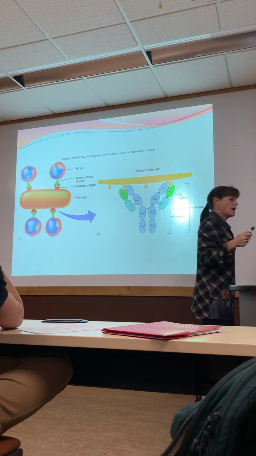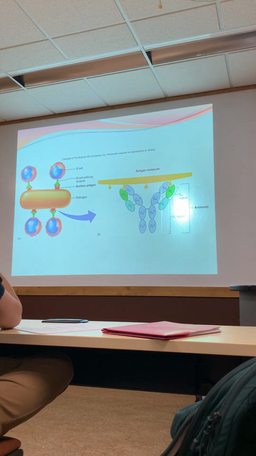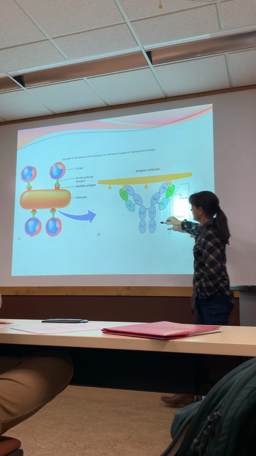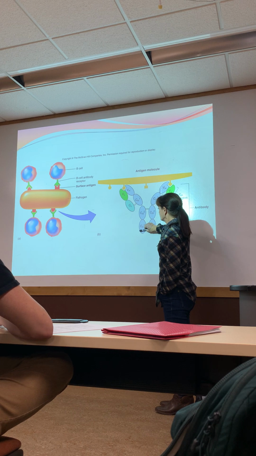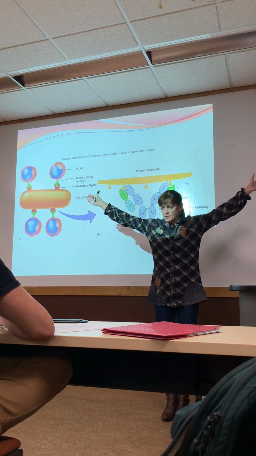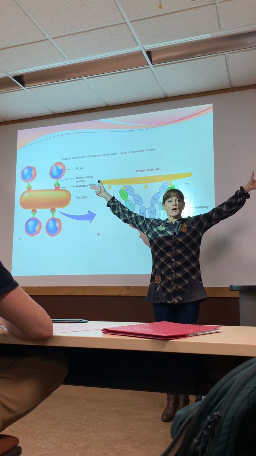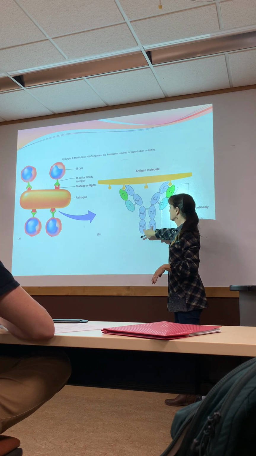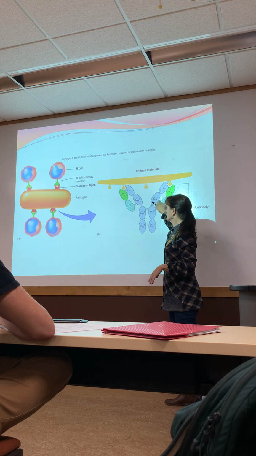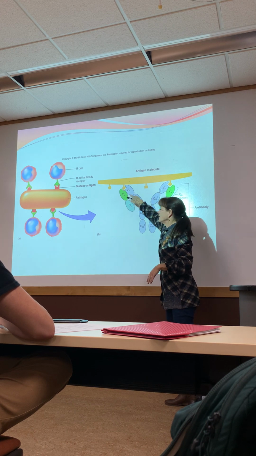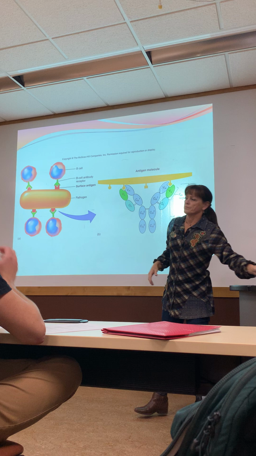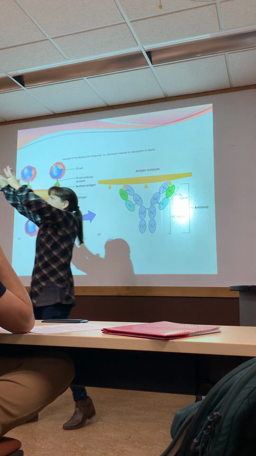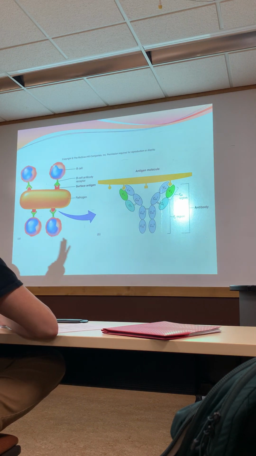The antibody itself has, I don't know, it's the legs. The legs of the antibody are constant. In other words, all antibodies have the same structure. The arms are the same as well. It's the hand portion that changes. So all antibodies are the same from here on down except for the hand portion. It's the hand portion that binds to the antigen.